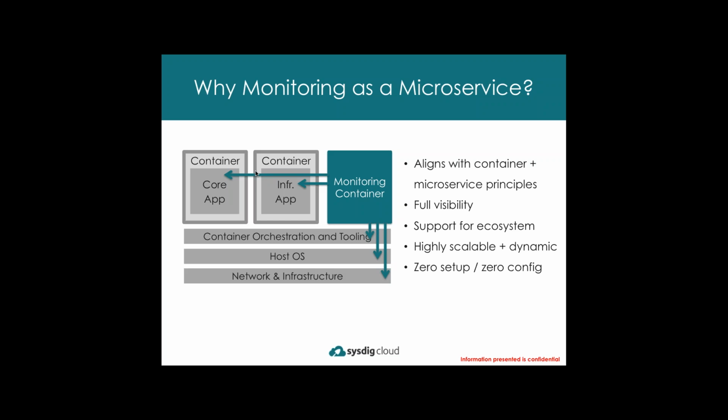That means into the applications inside the container. That means into our orchestration tooling and our other container native technologies, into the host operating system, whether that's a physical or virtual machine, out into our network and infrastructure, really the whole thing. It's also got to be highly scalable, highly dynamic, ready to spin up and down just like any other container in your environment and be deployed on thousands of nodes and process thousands of bits of metrics and data and information. And maybe most importantly, it's really got to work with a minimal amount of setup and configuration so that this can be automated, whether with a configuration management tool or with an orchestration tool if you're moving in that direction. And this is really why we call it monitoring as a microservice.